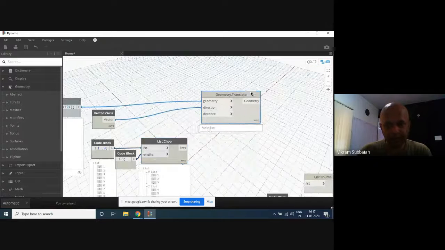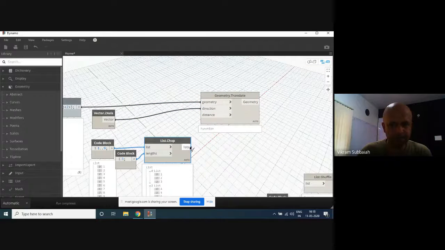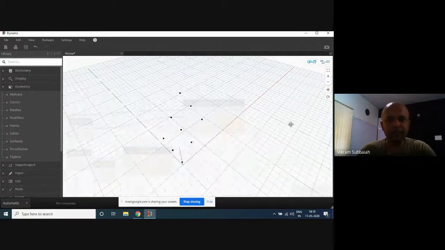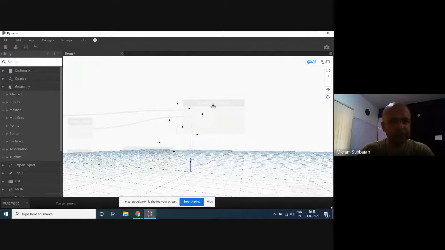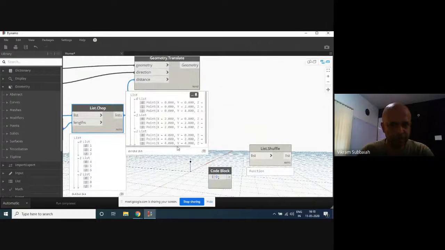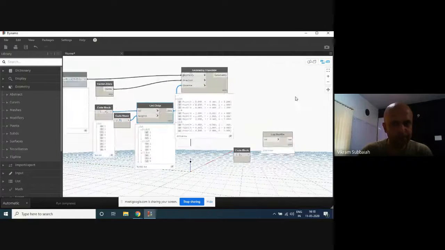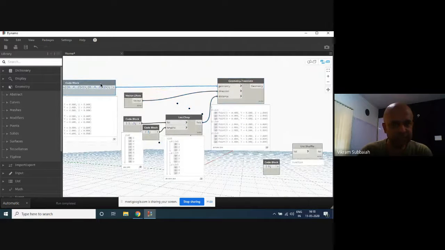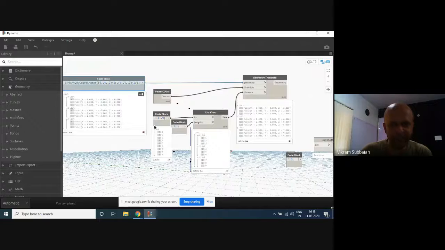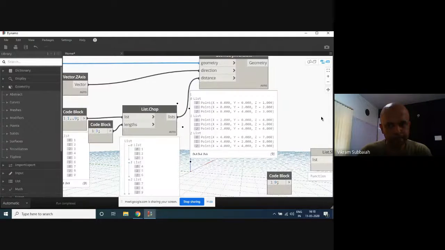Now when I apply this to this, you will get the same thing as that flatten. You will get each point applied to every other point. So basically the learning here is the list structures have to match if you want the values to correspond to each other. Clear?